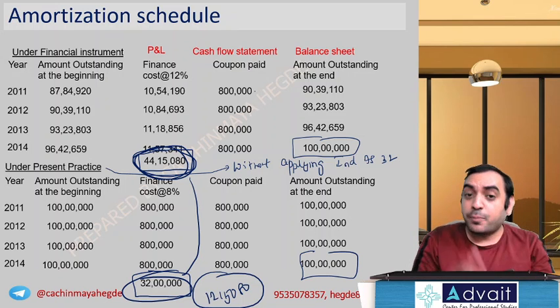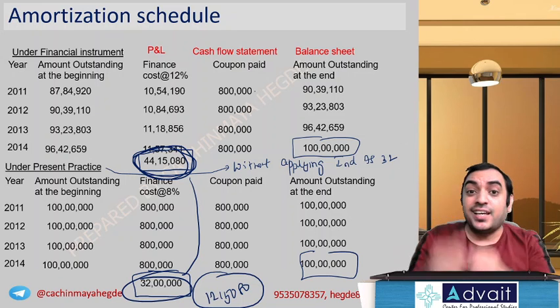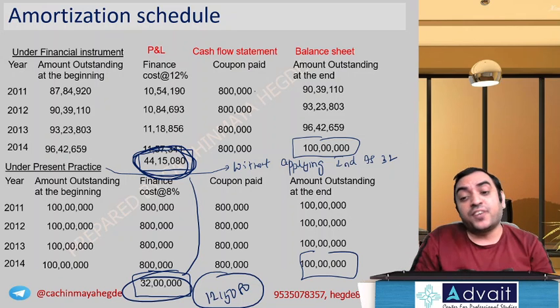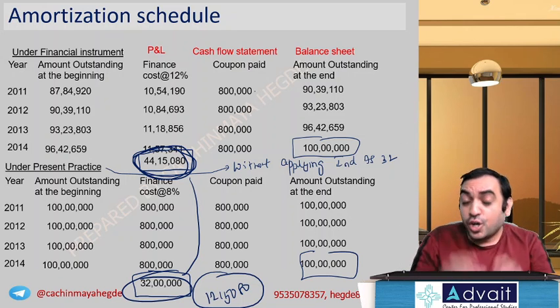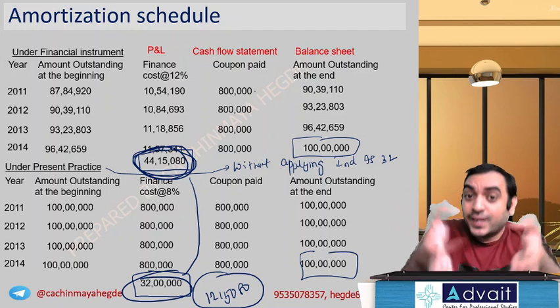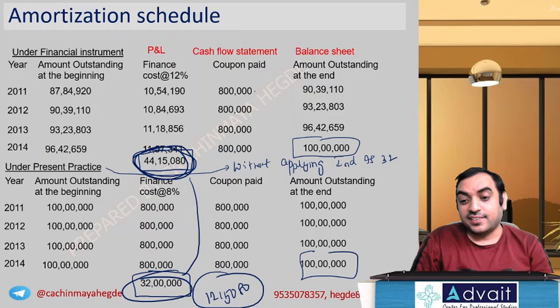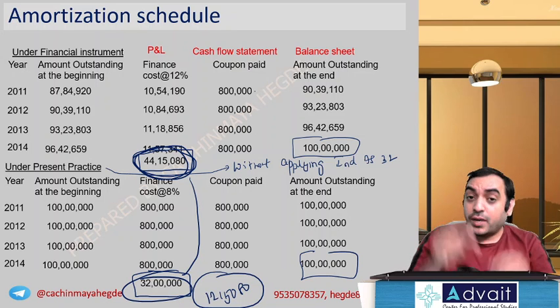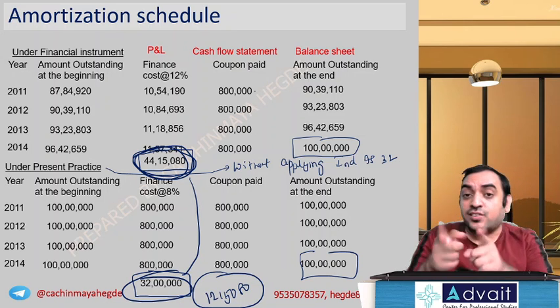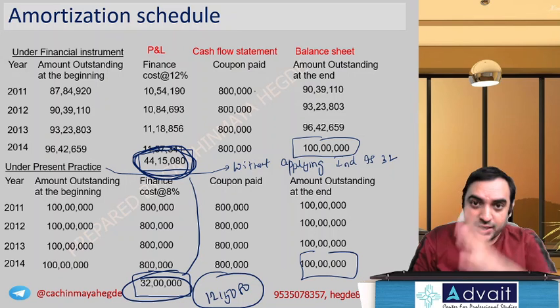If you do that, what will happen? Overall profit remains the same, but reporting of sales and reporting of expenses are different things. So what you should do is recognize rental expense and recognize sales. Then you set off. But rent expense should be shown and sales income should be shown. Similarly here,